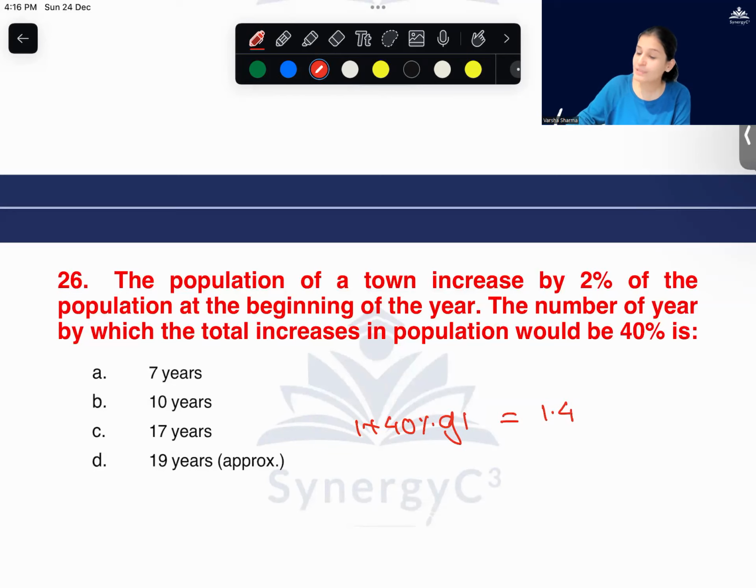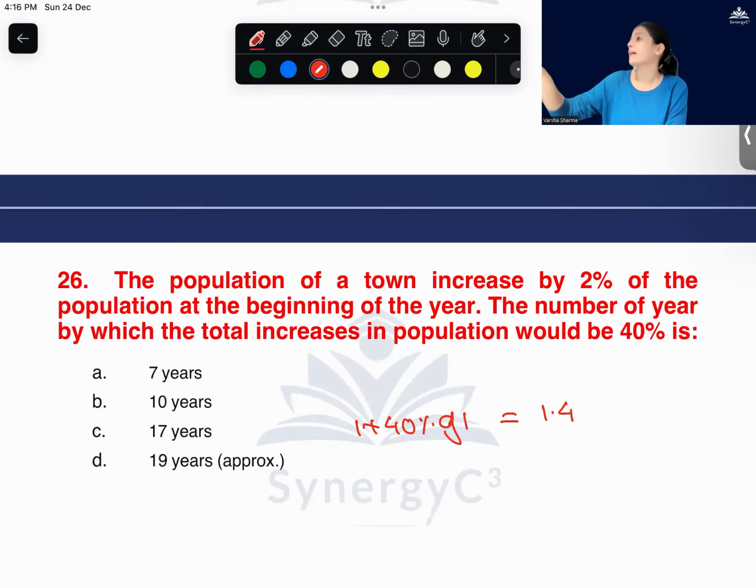Okay, wow. That means I want my population to go from 1 to 1.4. I'm just not sure in how many years it's going to be. Understood this much? And my initial population is missing. Why am I taking it as 1? So that I don't need to multiply a principal later. That's the only reason. You can do it by 100 also.